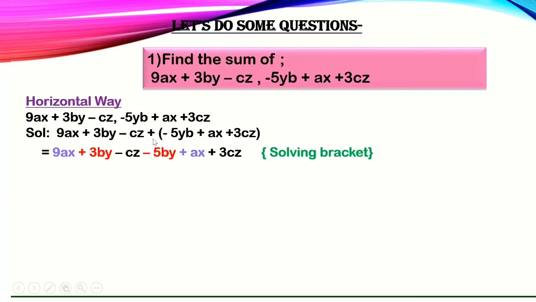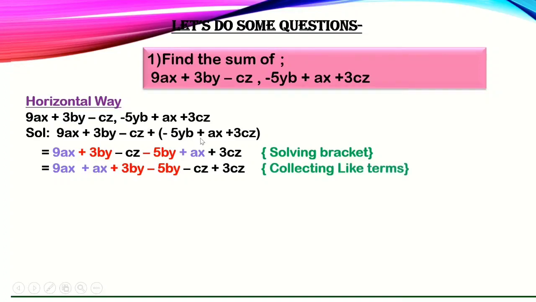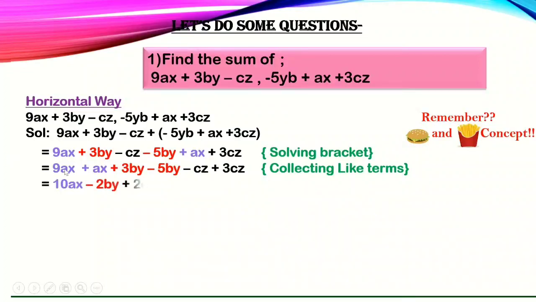We can easily solve it because while solving the bracket when there is plus outside, we can just keep the same signs as the terms had in the beginning. You should notice here that it was YB and I have written it BY. I have arranged it in alphabetical order, the tip which I gave you in the previous slide. Next, I have collected the like terms and then we just have to solve it. You remember the concept of burger and french fries? In that way only, we need to solve it.